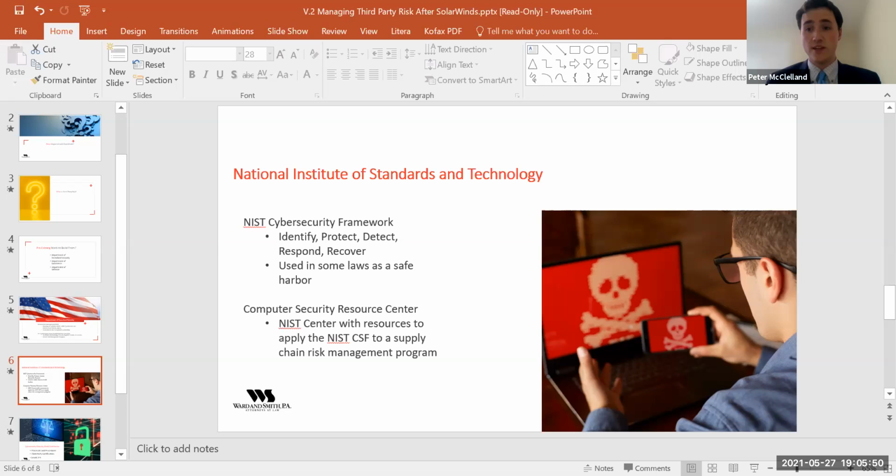Similar with the detect function, you're going to want to build in any kind of reporting. And if you need to know within 72 hours of them discovering some kind of anomalous activity, build that into the contract. If you have done a survey of what the legal frameworks are and you're going to need to talk to a regulator in the event that there's some kind of data breach, setting a time frame up front for the detect and respond functions is going to be absolutely critical for your risk management program when you're dealing with vendors and other third parties.